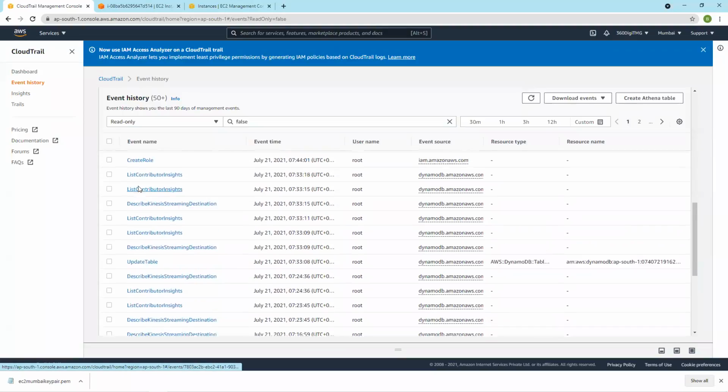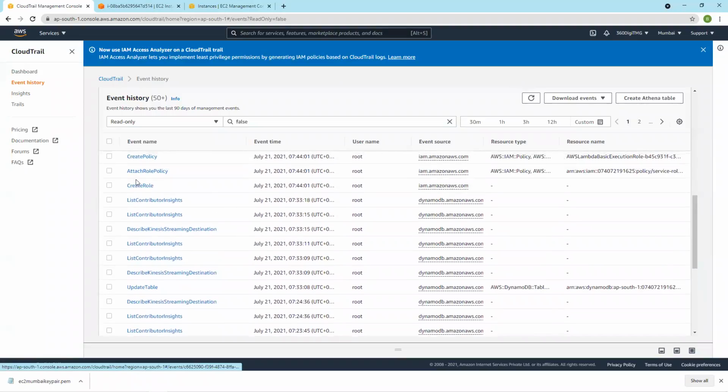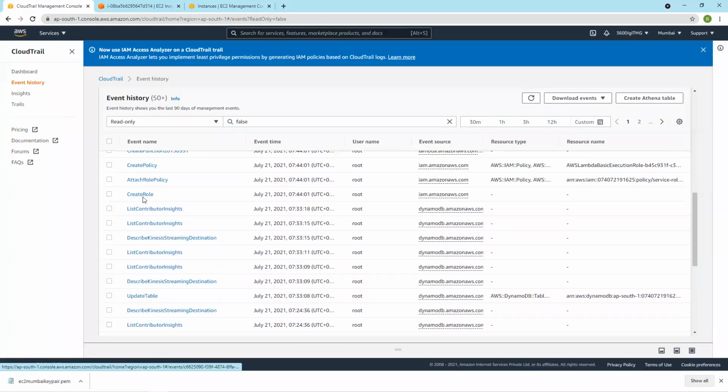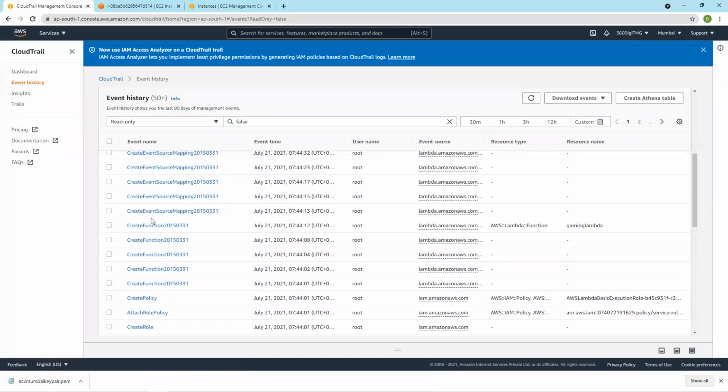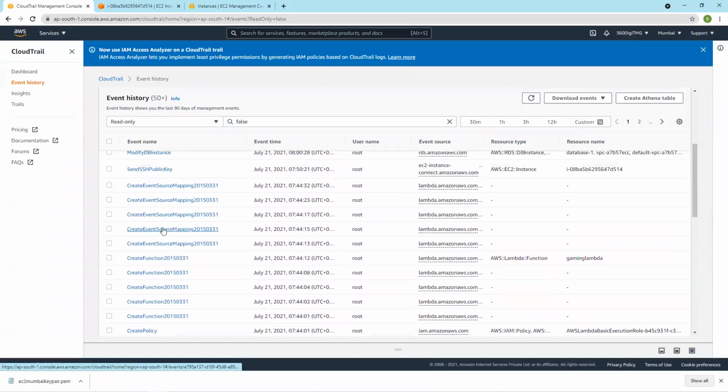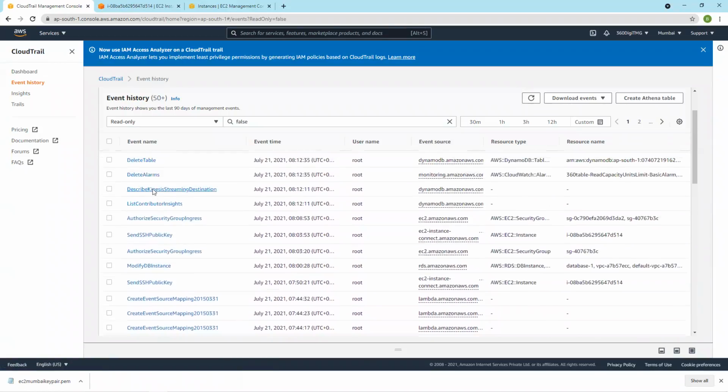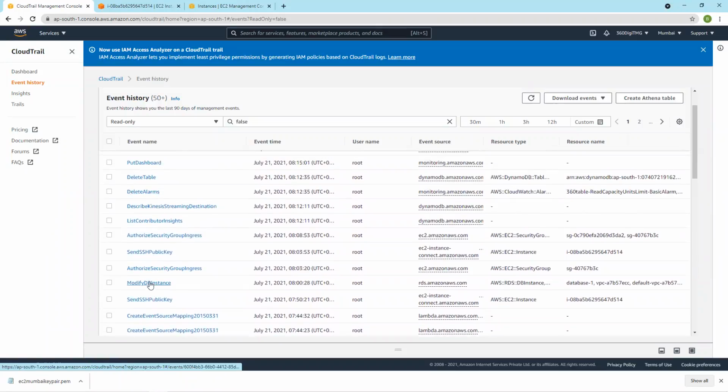Up to here, creating role is Lambda function. We have just added one Lambda function. It has created a role, attach role policy, all these things. So create function. After that, all these are related to Lambda function. And then event source mapping. This is also for Lambda function. Then I have modified the database instance.